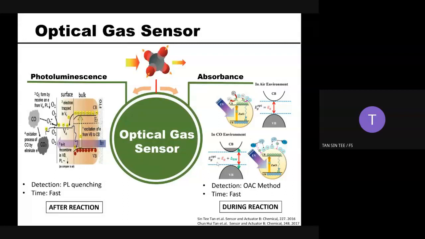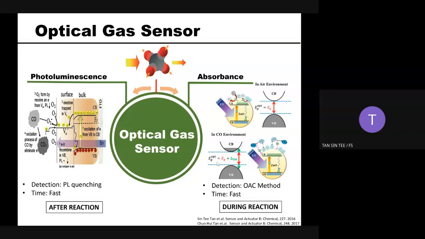This optical gas sensor is something I started to get involved in when I was an undergraduate, guided by one of my supervisors, Prof. Muhammad Yahya. At the time, we started to develop two kinds of sensors, during my degree and also my postgraduate study, with two pathways of detection. One is photoluminescence detection, another one is absorbance detection. We chose these two kinds of detection because the detection is extremely fast compared to the electrical signal.